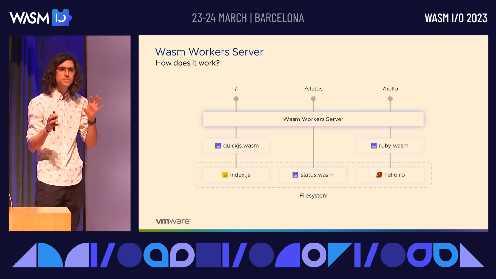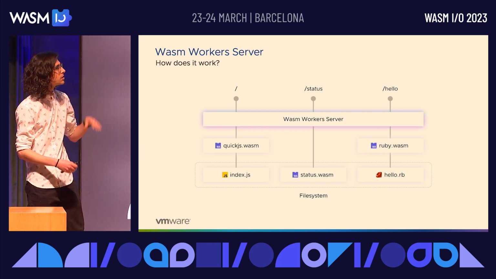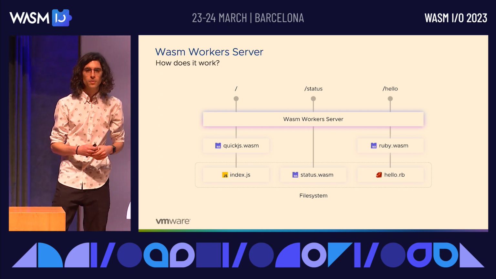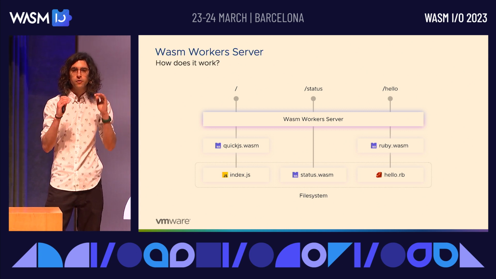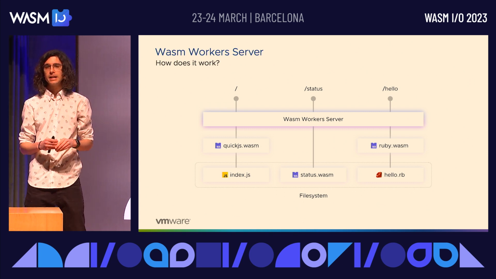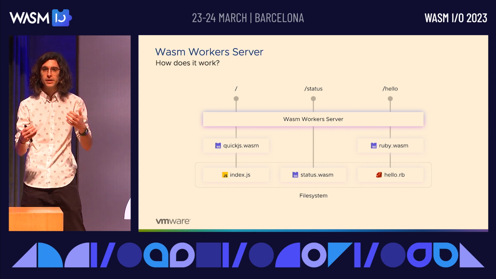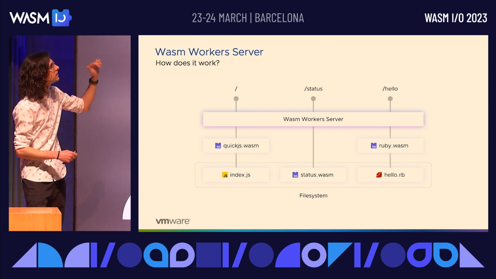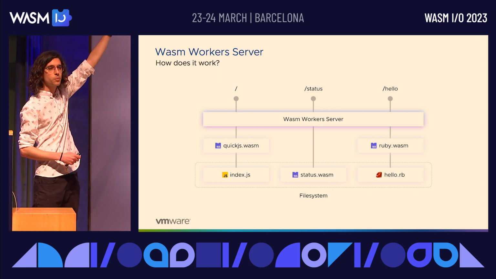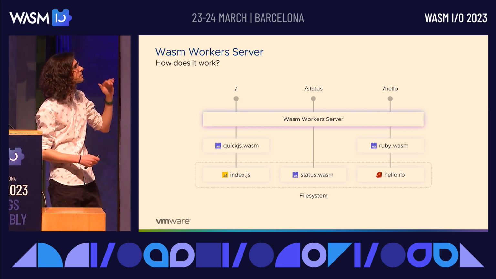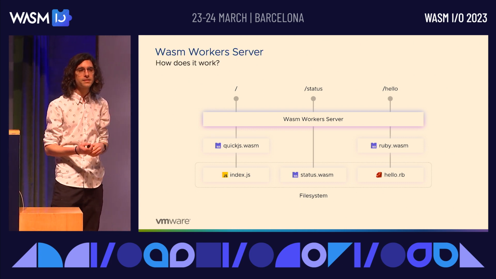Server, let's talk a little bit about how this works and what decisions we took to create this project. So when you start a Wasm Workers Server process, it will check all the different files in the folder that you passed to the CLI. It will identify which files can be converted into workers, and then, based directly on the name of the files, it will serve an HTTP endpoint. You don't need to configure anything. It's just everything based on the file system, which other projects like Next.js call